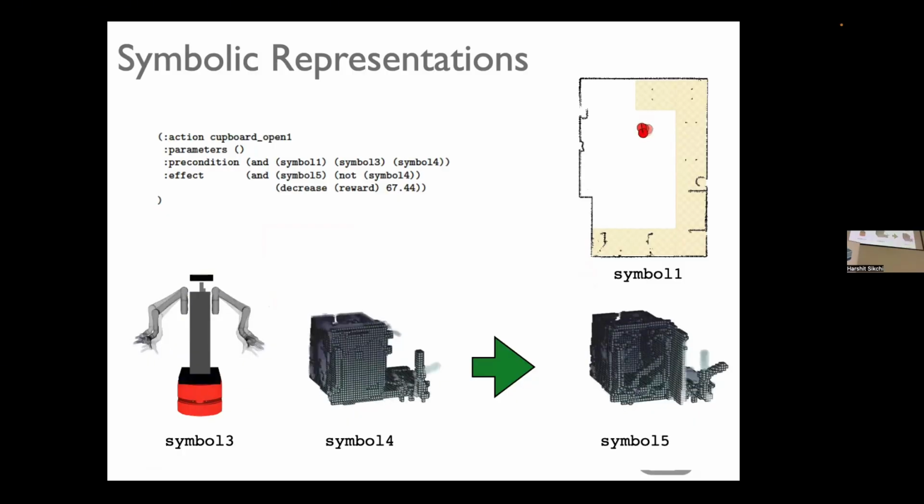So what's happening here is the robot has a dynamic model to say that before, if it wants to open the cupboard, it should stand in front of the cupboard and not hold anything, and the cupboard should be closed. Afterwards, the cupboard will be open. But it has discovered all of those things from pixel level data. And it has discovered them to produce an operator that is fluent, standing in for those things.